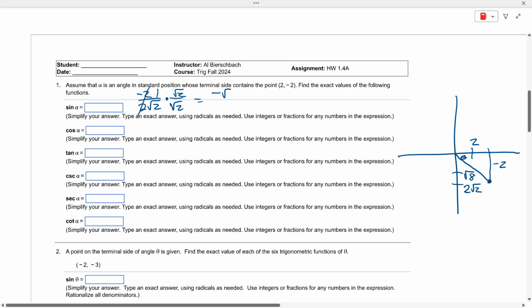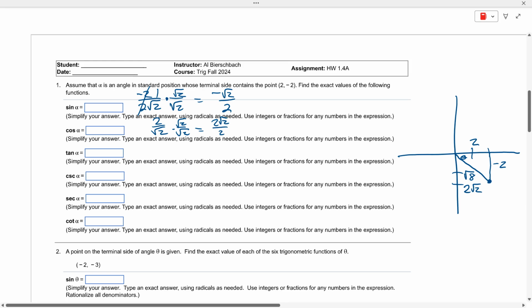So it's negative square root of 2 over 2. Cosine of A is also 2 over square root of 2. So if we multiply top and bottom by square root of 2,